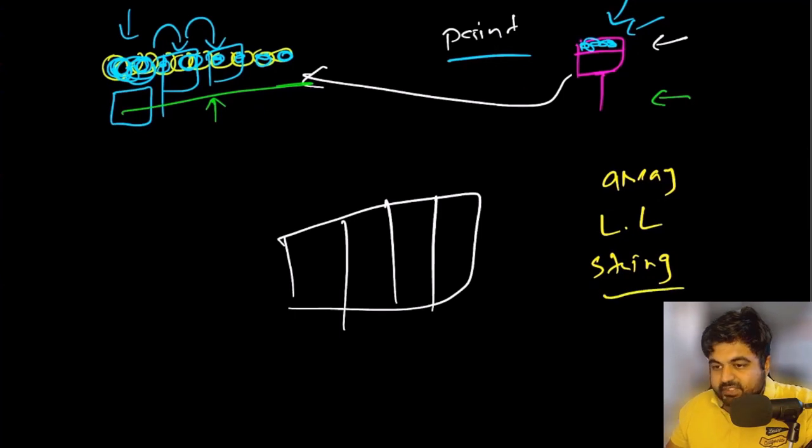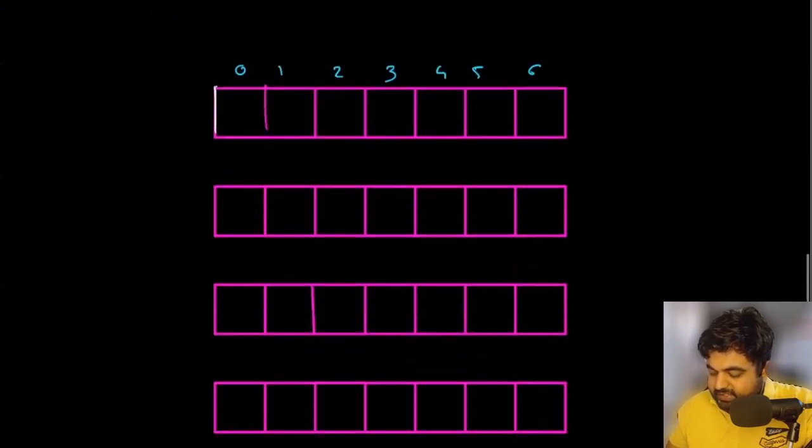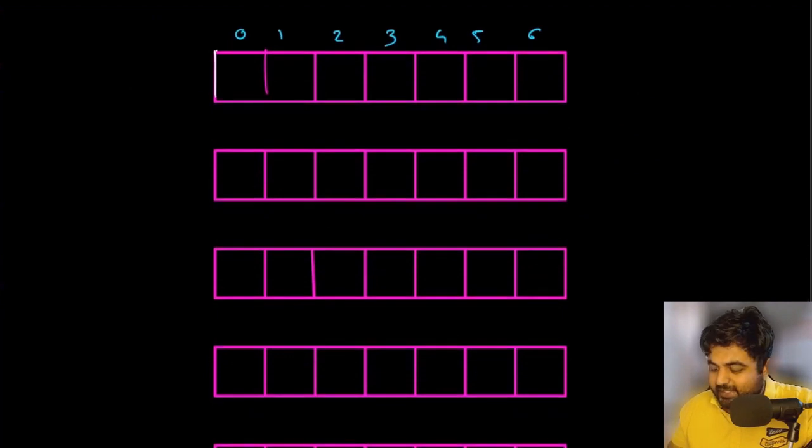How in the strings? Because remember, a string is also a set of characters that are just bunched up together, and that forms a string. So again, for all of these three things, whenever you encounter any problem, you can try to see if it can be solved using sliding window. Now let's go through the practical aspect of sliding window. What are some of the possibilities we can have in a sliding window problem?